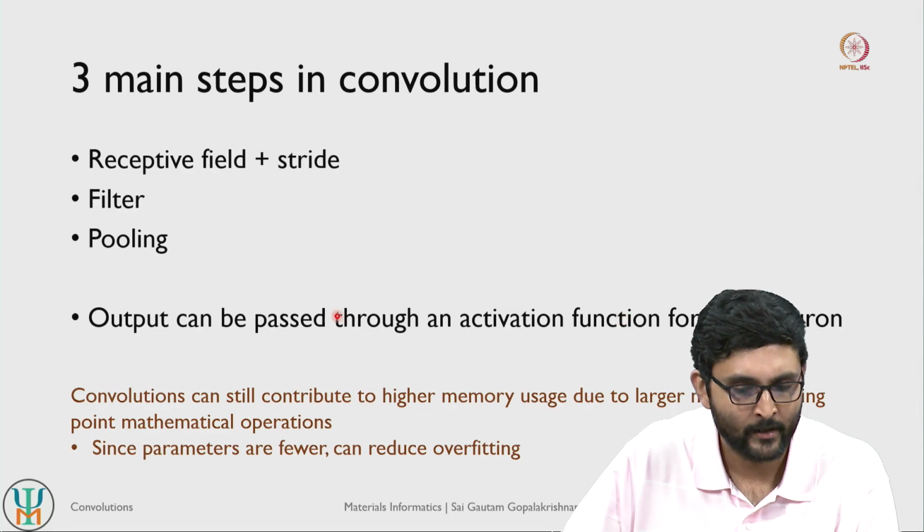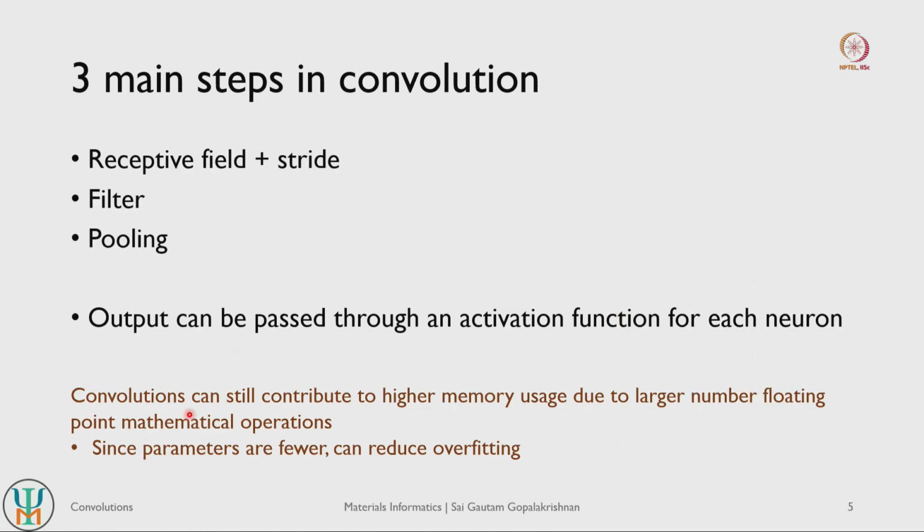problem. So convolutions, although they have fewer parameters compared to dense neural networks, so you would imagine that they do not need as much memory as dense neural networks, can still occupy a lot of memory simply because they need to do more mathematical operations on average compared to what you would need in a dense neural network. So the parameters are fewer, which is good, but you have a lot more mathematical operations. And since convolutional networks have fewer parameters than dense neural networks, they have a lower tendency to overfit. In other words, these models have lower variance and higher bias compared to a dense neural network model.